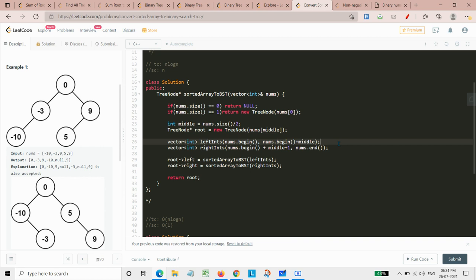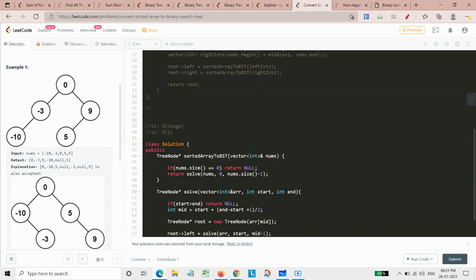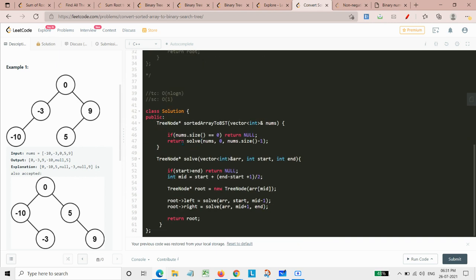It is only doing the binary search, but we need to optimize it to use no space in this, and it can be done. So that's why for that fact, I've written one more solution and here it is.